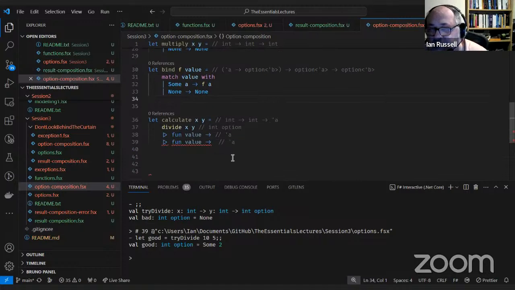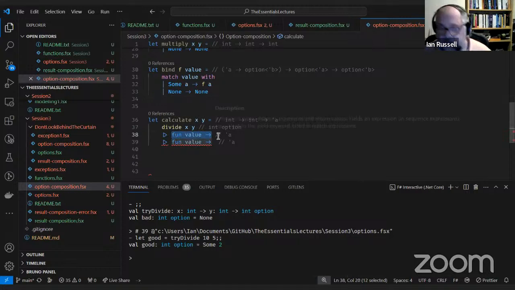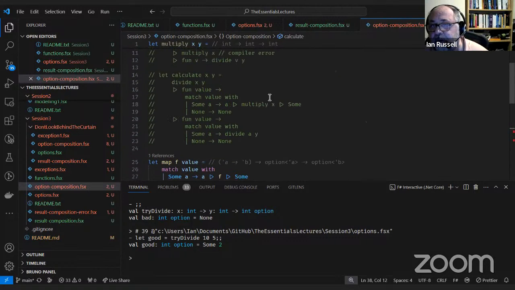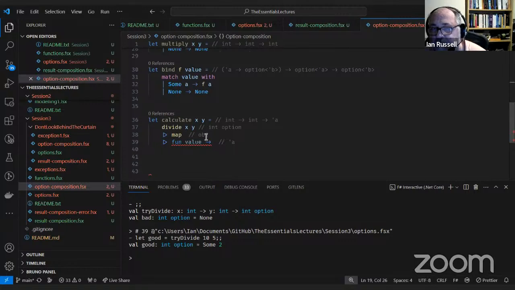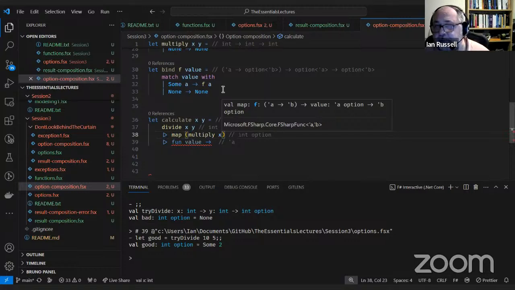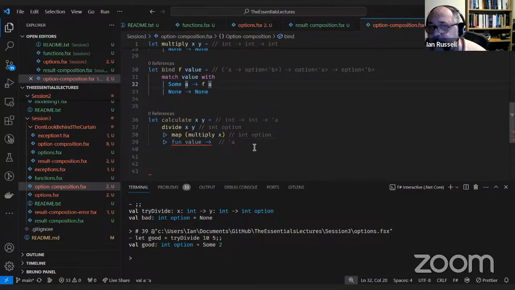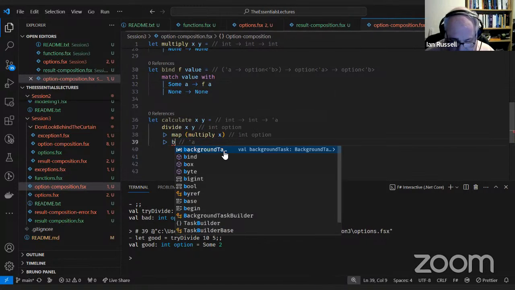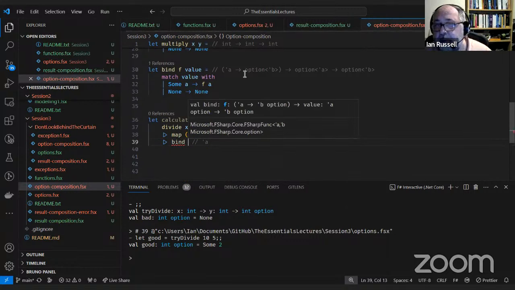Okay, so let's get this into here. So this now becomes map of that. Turns it into option. And the last one is going to be a bind of